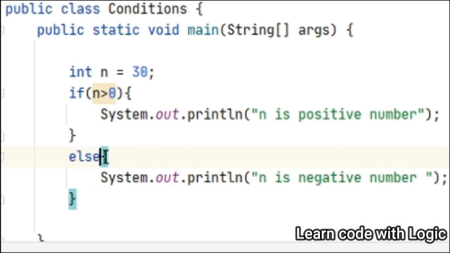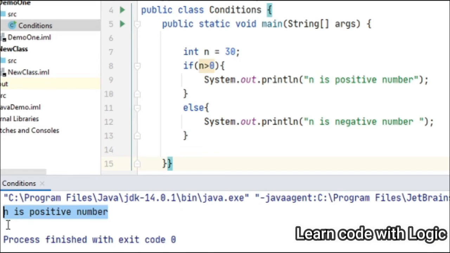What if we give a condition here? Let's see. Now it is giving a compile time error. If you give else if, it's not showing any error now. Let's remove the condition and execute the program. So the console gives us n is positive number.